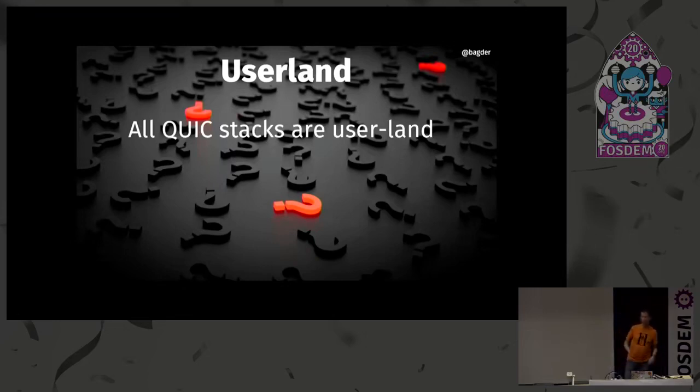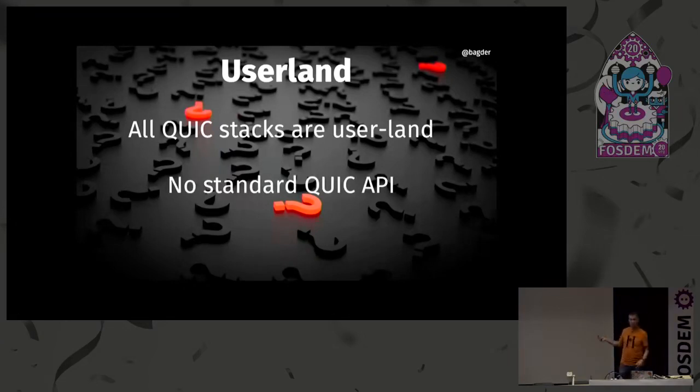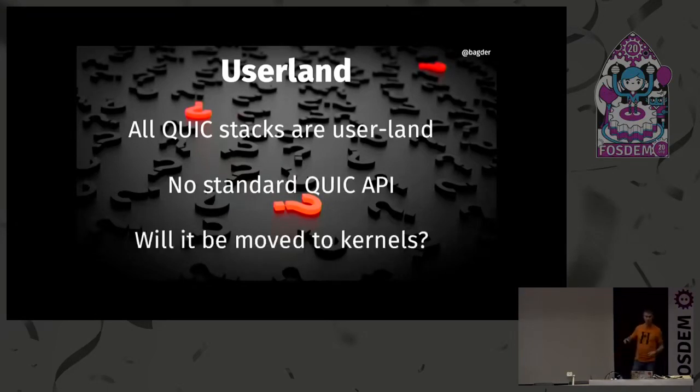It worked fine, but it also makes you, as an application author, have to get married to one of these libraries and hope that it'll stick around for a while. And there's no standard API, so of course you get married even closer to one of these. And you have this kernel user space transition all the time. So back again to the APIs, to the kernel. How much time do you actually waste by going back and forth between kernel space and user space? So then your obvious question is, will this then be moved into the kernel?